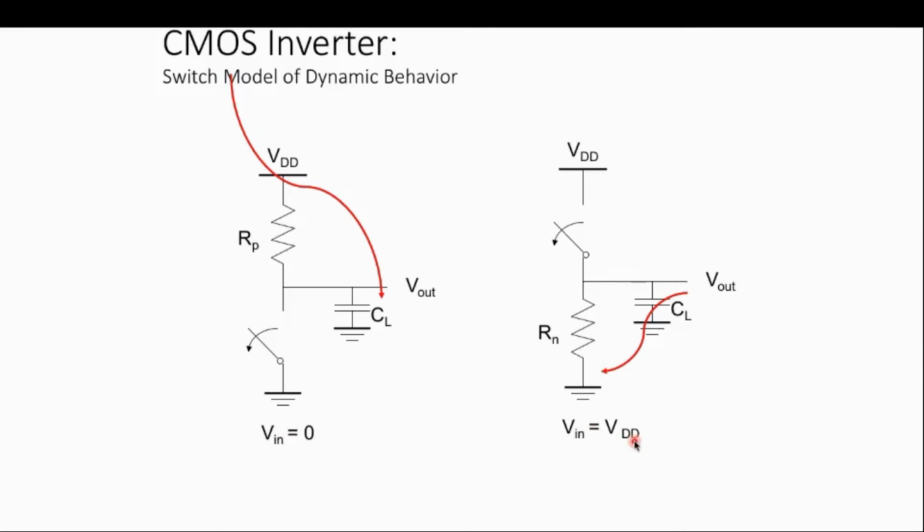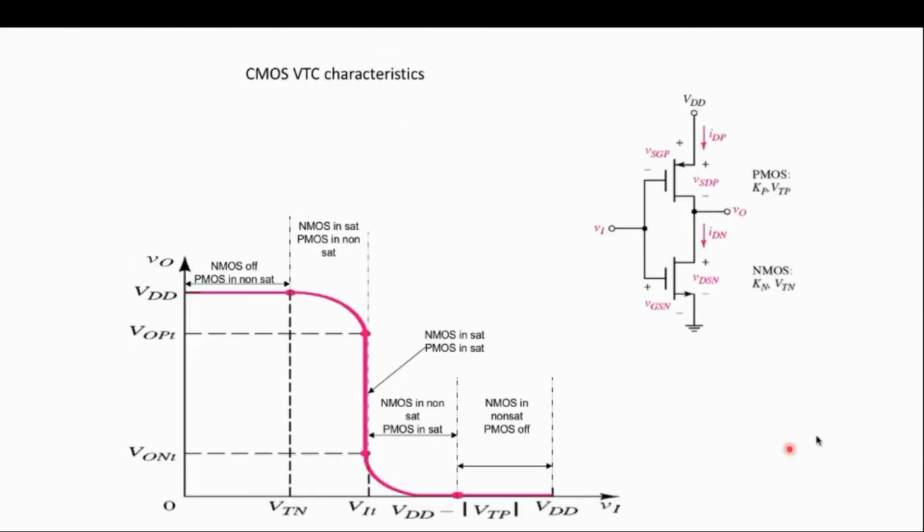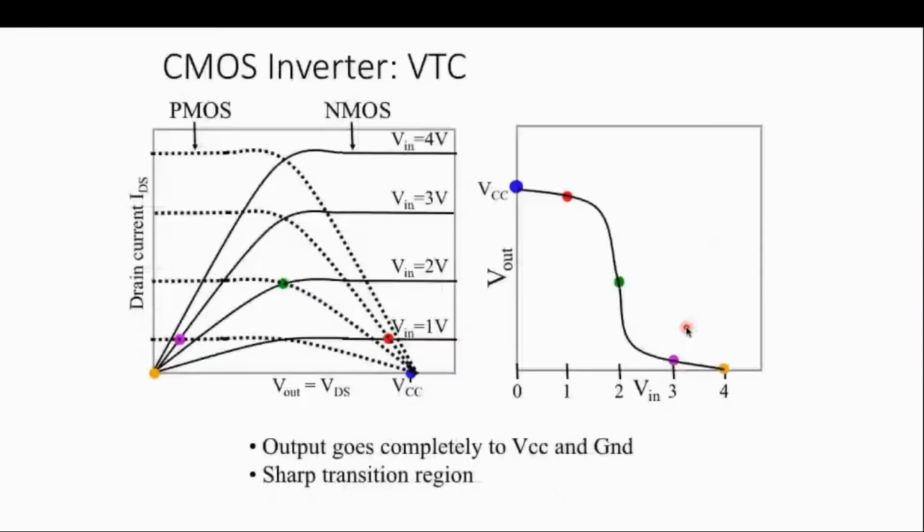Now some of you may ask how the power dissipation happens. Yeah, there are certain cases. If you look here, when both the devices, this in saturation and this in saturation, maximum power dissipation happens. And from this region to this region, your device is prone to power dissipation. That means there is a very small moment for which this is also on, this is also on. And during that duration, there is a direct contact between VDD and ground, and your device consumes power. So that is another thing.